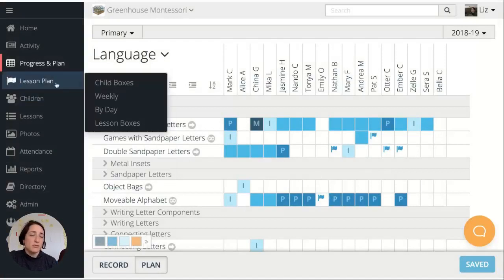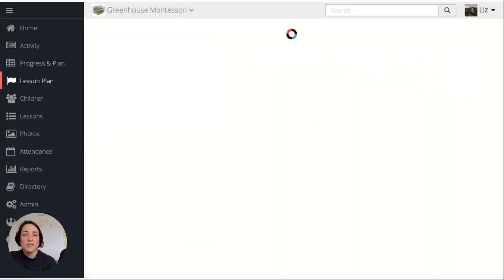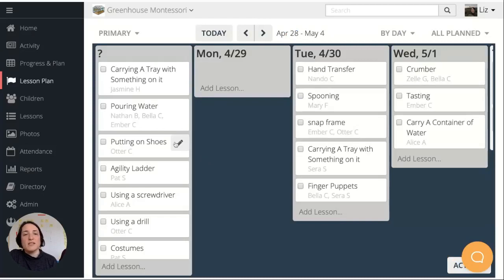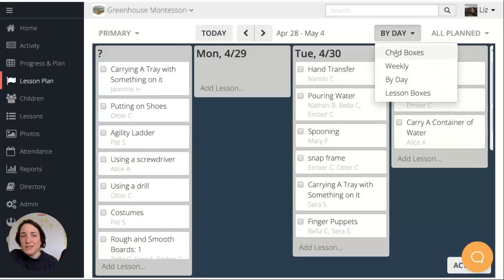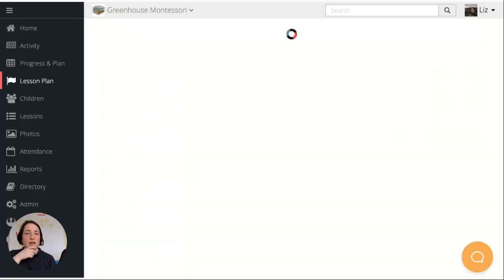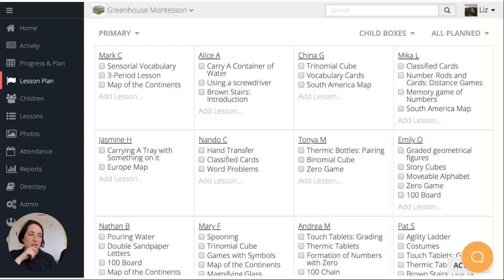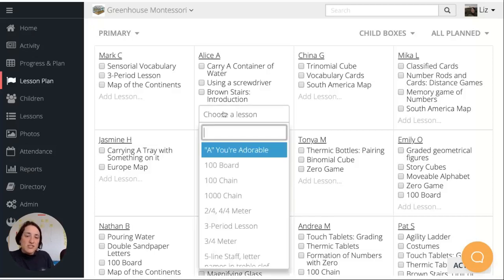We also have these lesson plans, which are great because you can print them out. What I used to do is make a lesson plan, print it out, keep it with me in my apron pocket or on my clipboard, take notes on it, and then enter the information later. In this layout you can click and drag to plan things for a certain day, but my favorite is this child boxes layout. I think it'll look familiar to some of you because it's what I learned to do in my training, but with pencils and rulers. And what's nice here, you can add lessons directly